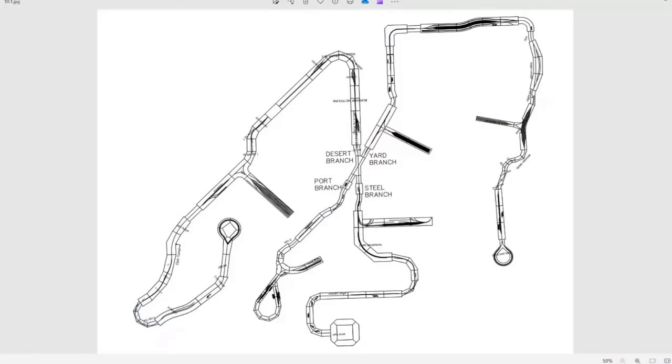When we were in Reno, Nevada at the N-Scale convention last summer, we had the opportunity to build in a room that wasn't square. So the modules on the left-hand side were about 6 feet from the diagonal wall that ran down that way. And we wanted a layout that was really set up for doing operations. And so I've named the branch lines on here because the trains would be called to go service particular branch lines. And we set up a big switching yard at the top of the layout to organize the trains and organize the